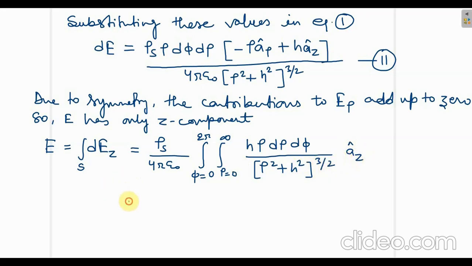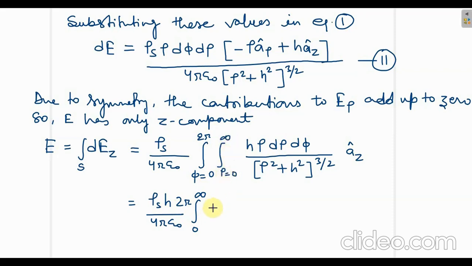Okay. Now we will further solve it, and we are left with rho s, h can be taken out, upon this 4 pi. I am doing nothing, I am solving this double integration. So after solving it, you will get 0 to infinity, and by solving this phi, except this d phi there is no term of phi, so obviously the d phi integration will be phi, and the limit of phi will be 2 pi minus 0, so 2 pi will come out.